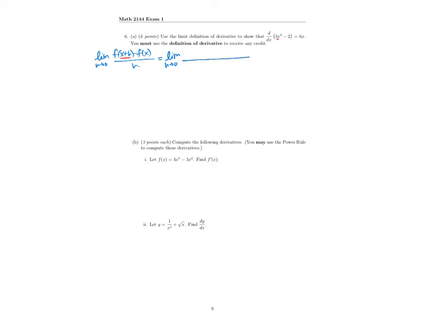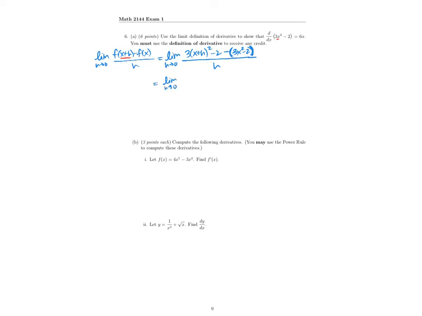So I'll do 3 times x plus h squared minus 2 minus, and then I want to just do all of f of x. So the most common mistake here is forgetting these parentheses here. So that negative sign needs to distribute through that. Okay, so we get,